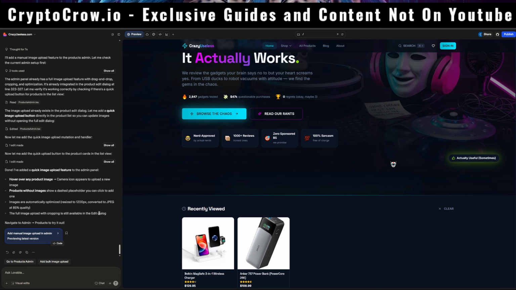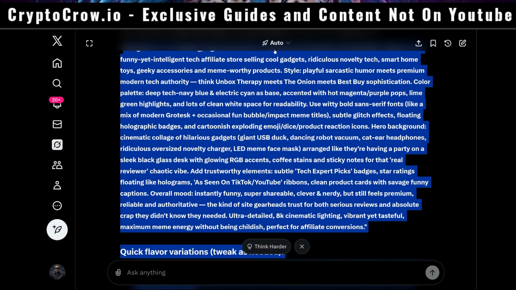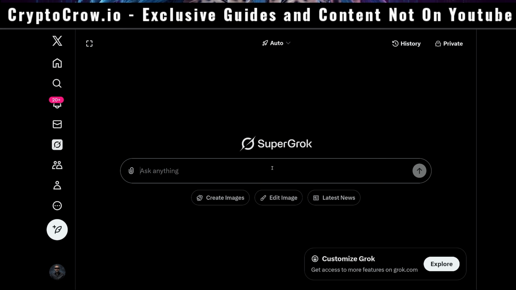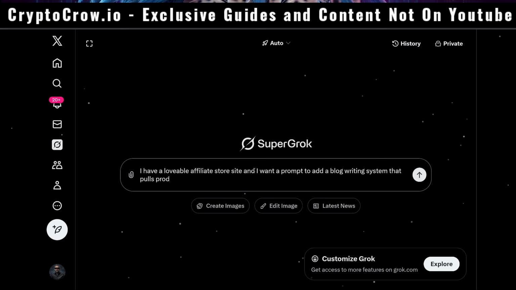All right. So now I want to add some stuff. I want to add this blog system. So I'm going to go back over to Grok, which I love my Grok account, man. And I'm going to say, I have a Lovable affiliate store site, and I want a prompt to add a blog writing system that pulls products from my store,